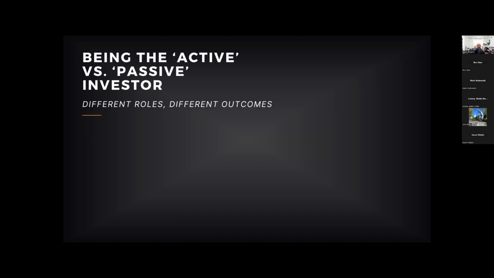I want to get a few definitions cleared through here, get some definitions going before we actually talk numbers. Active investing versus passive investing. And these definitions might actually be obvious. You may already know what these are. I want to give a little bit of my commentary on these because they are very distinct roles in real estate investing in particular. And it's worth a little bit of discussion.